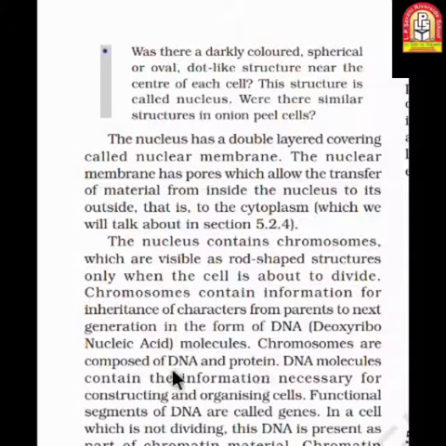Chromosomes are composed of DNA and protein. How will the chromosome be formed? It's composed of DNA and protein. If you roll one long thread around a stone, the structure formed is the stone and the thread. Exactly like that, there is a protein, and around the protein the DNA is rolled.